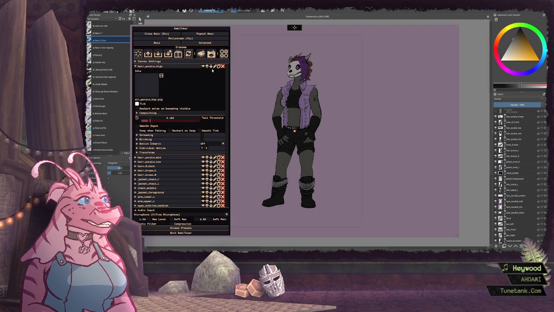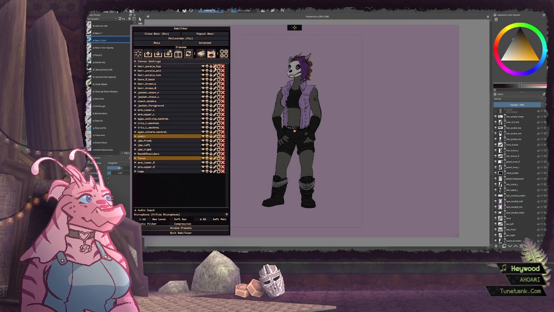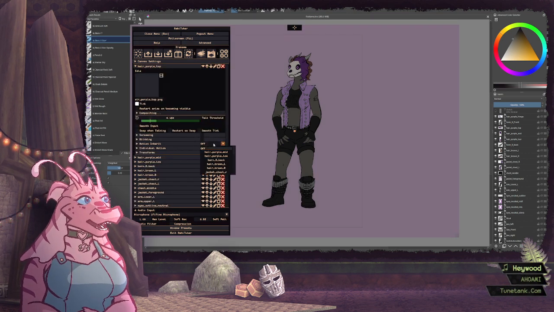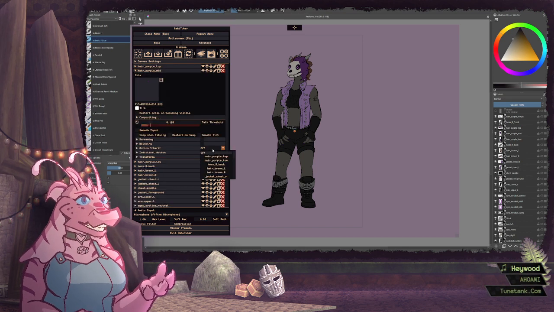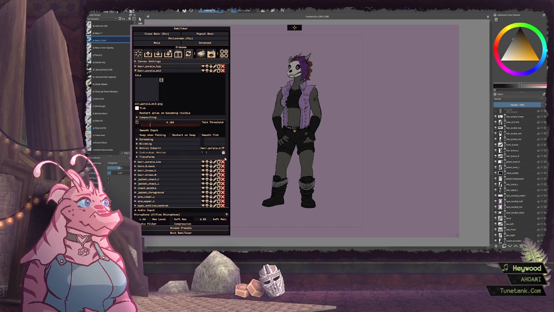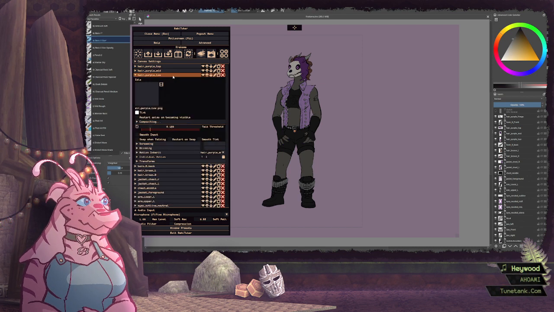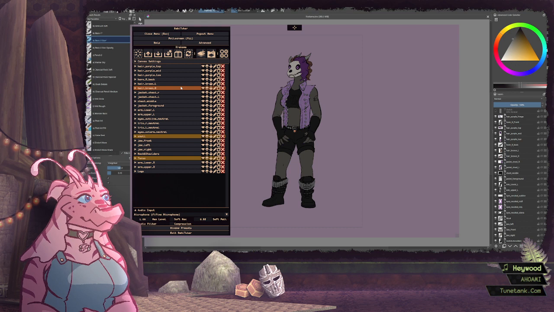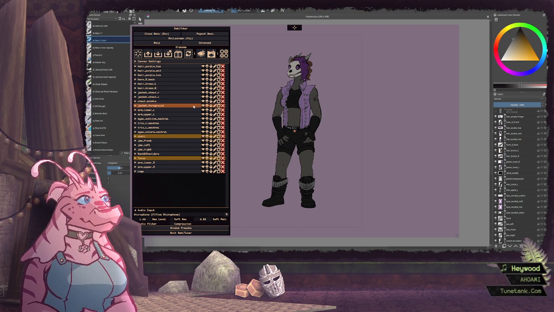Or hair purple top, as it should be called. Okay, so top inherits from skull. Mid inherits from top. And low inherits from mid. So they're in like a chain. This will be useful later.